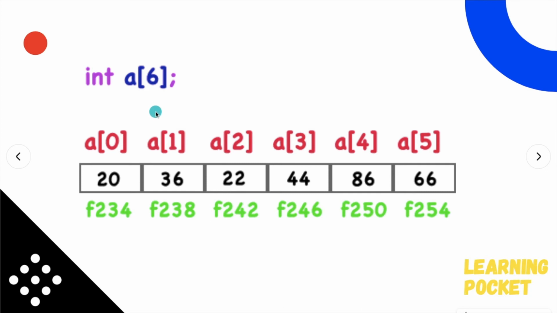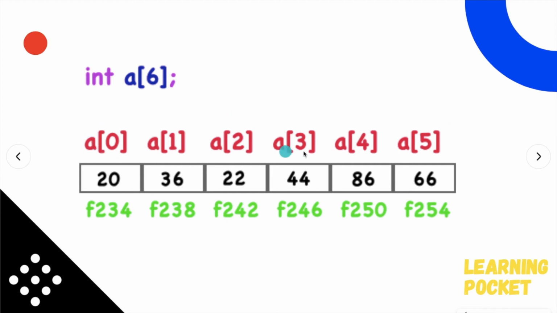And now how can we access a particular element or the particular block of the array A? For that we need to write A and square brackets and the name of the index. Every block has its own index, starting with 0. The very first block will have index 0, the second block will have index 1, then 2, then 3, then 4, then 5, and so on.